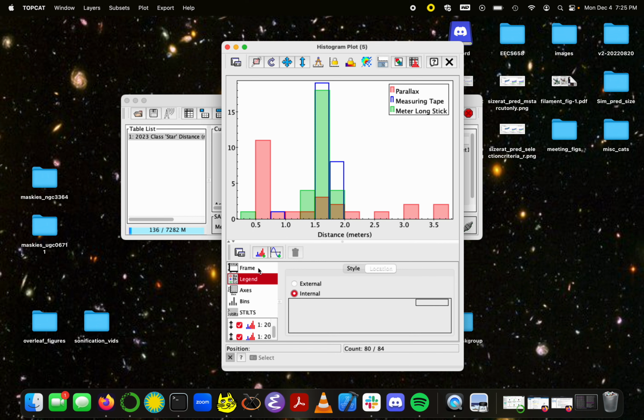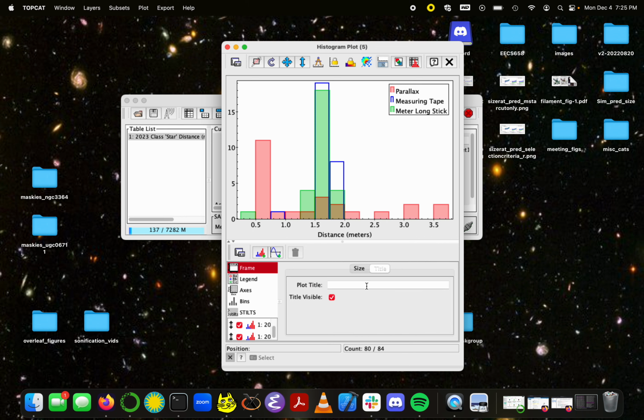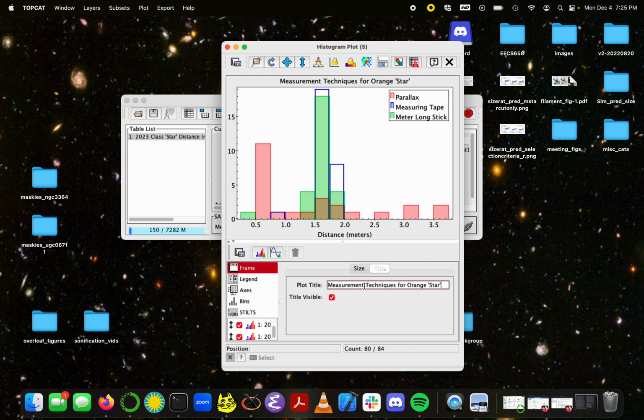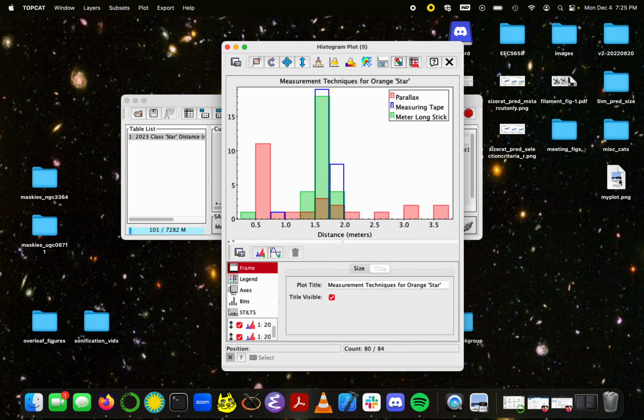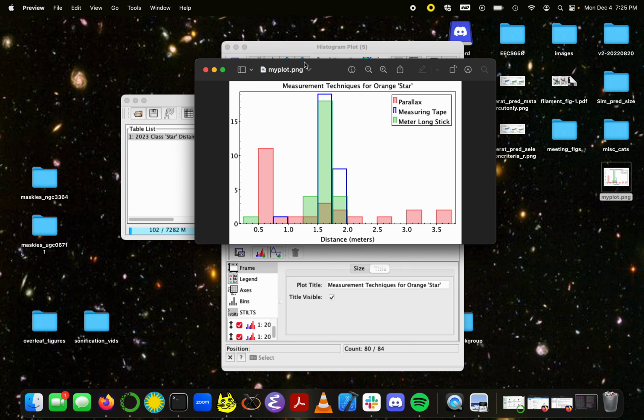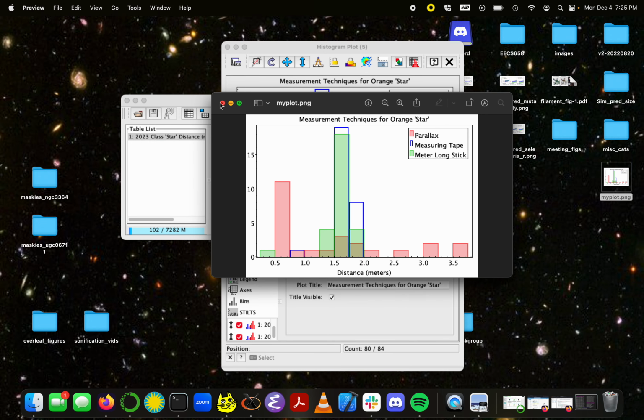And then lastly, we're going to add a title just for completeness. I'm going to say measurement techniques for orange star. And again, you'll want to choose something that is relevant to you. You can go ahead and save this like so, export, and then click, and here we are. All right,